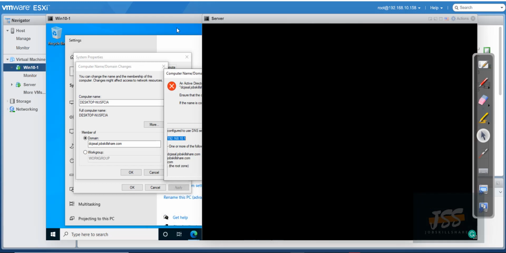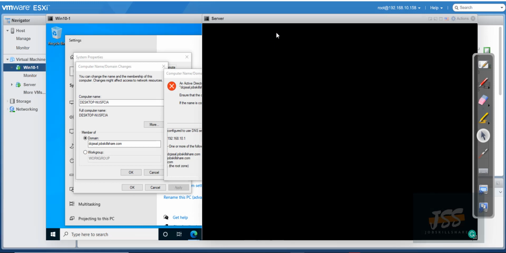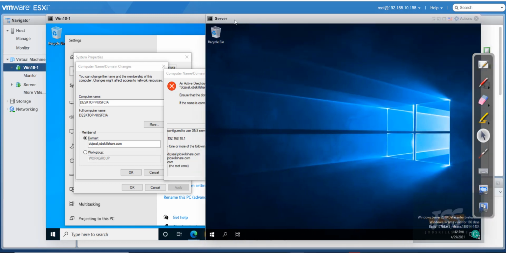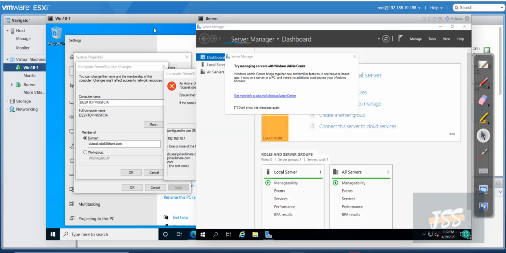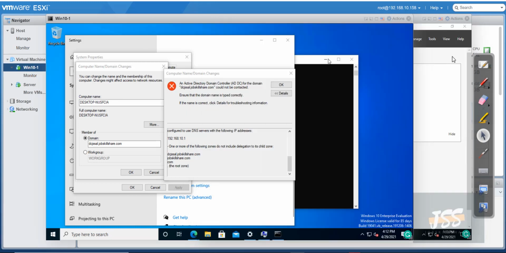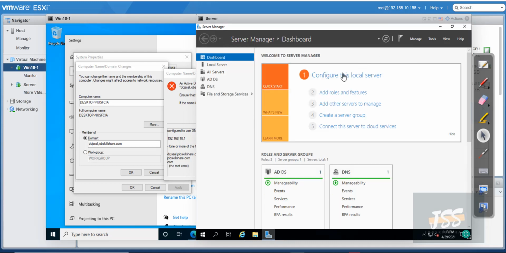But if I come over here, I cannot log in as a Helpdesk right now. I just want to show you that the profile, or the user that I created in Active Directory, works on this server because it's a part of that server. But if I come over here and I try to log in, there's no way for me to log into that. So how do I do that? I really need to add this DNS for it to work first,